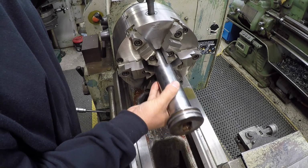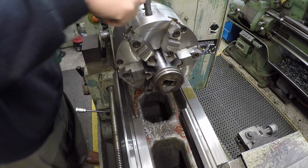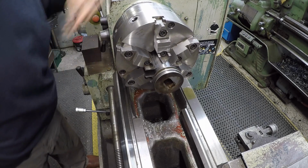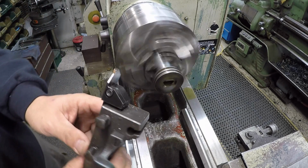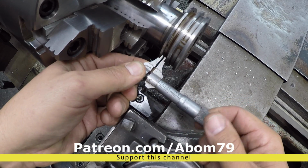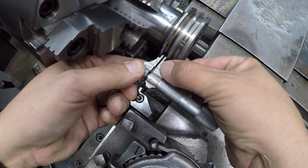After I do that, I'm going to give this chrome a little bit of just a light polish to clean it up. Chuck should be running nice and true because I just mounted it this morning and adjusted it. Looks good. And we'll just use this tool right here. So with the mic, it feels like it's,